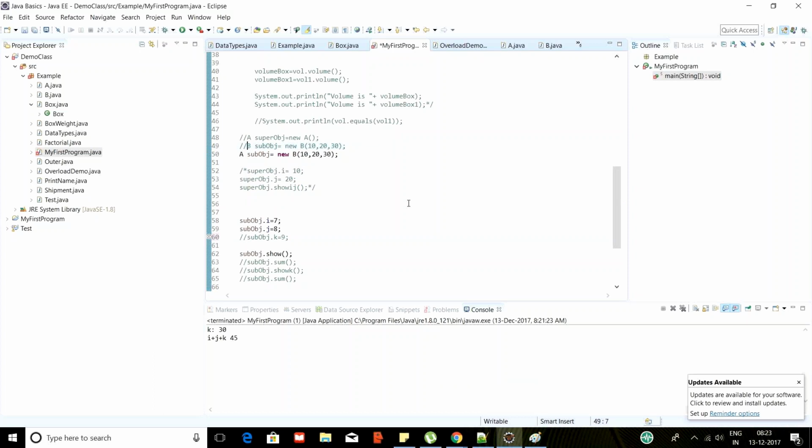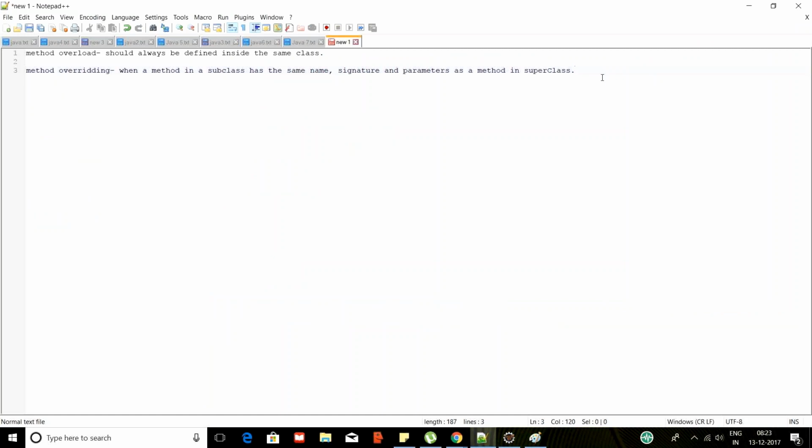So this is my overriding of functions. Remember, this overriding of functions is my dynamic or runtime polymorphism, because